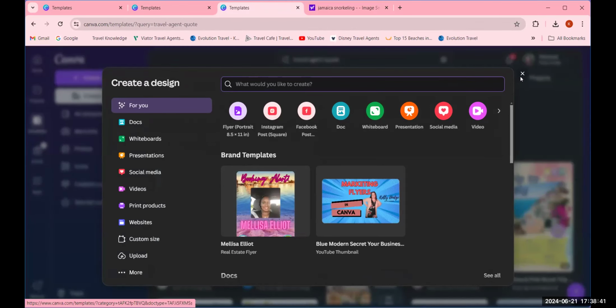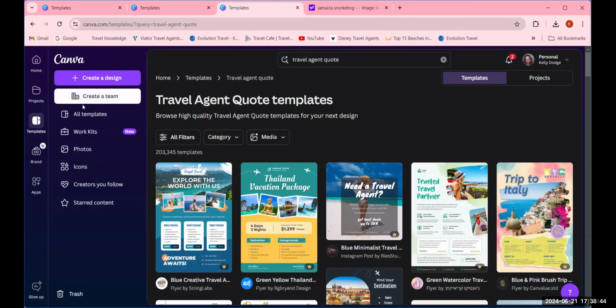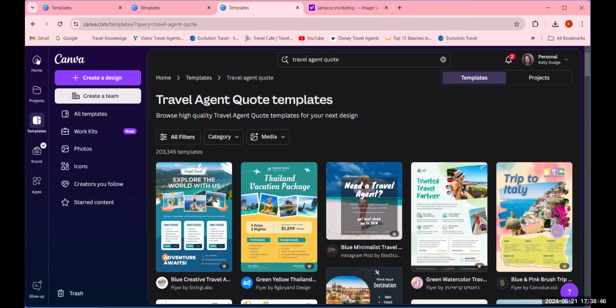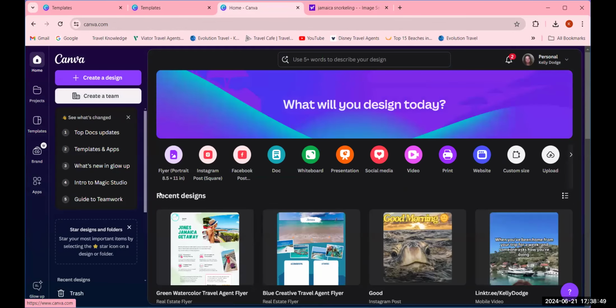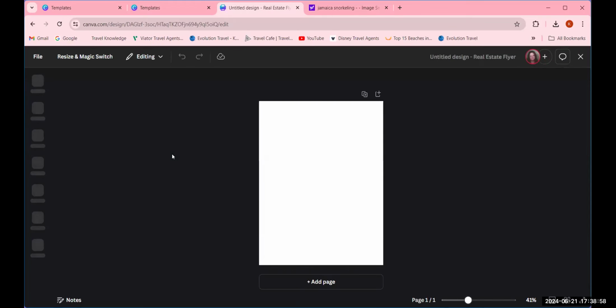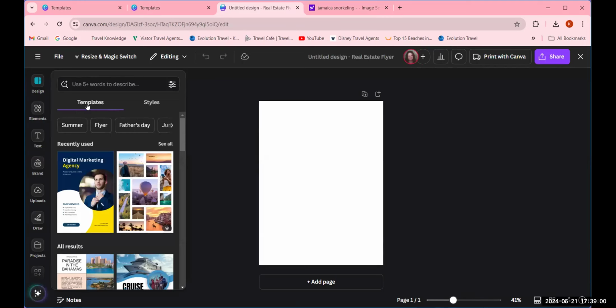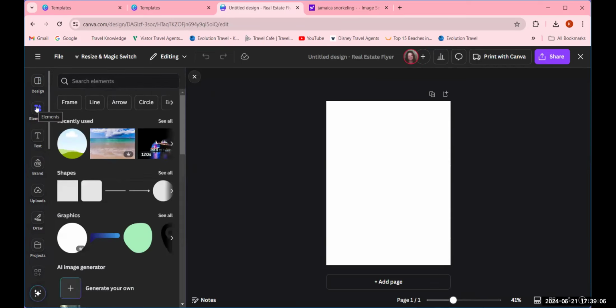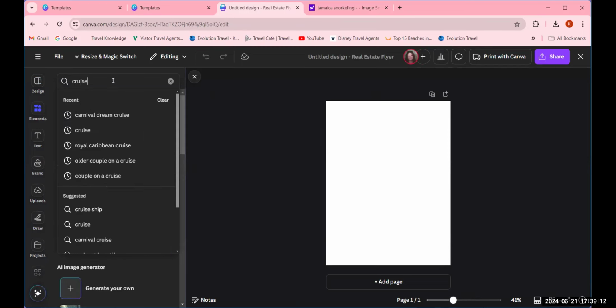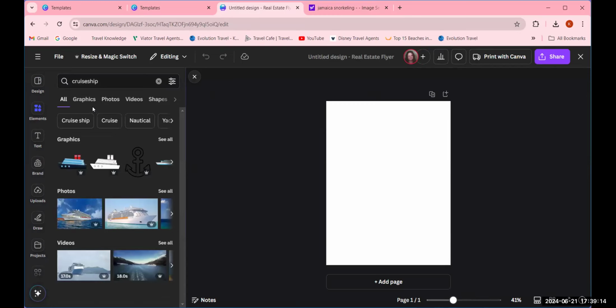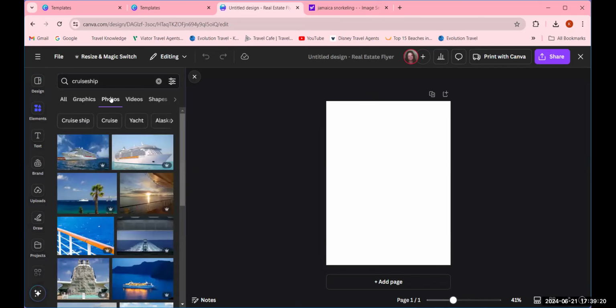Whoops, sorry. That's not what I wanted to do. I should just be able to go home and select probably just a regular size document. And if you don't choose to use a template, there's templates here, you can just create a brand new design. And so you could just start like, okay, they are going on a cruise. And so I want to search for a cruise ship for my background, right? Like that's my overall, what do I want? So I'm going to type in cruise ship and I'm going to select photos